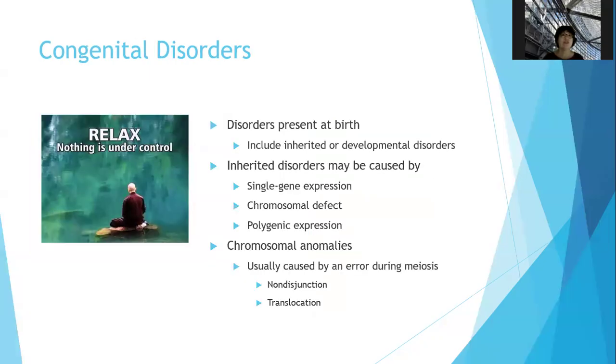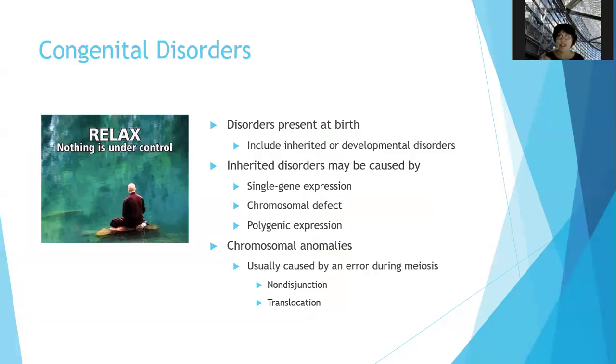So remember, congenital disorders are present at birth. They can be inherited or developmental, but inherited disorders can be caused by single gene expression, chromosomal defect, or polygenic expression. Chromosomal anomalies are usually caused by an error during meiosis, a non-disjunction or a translocation. So when